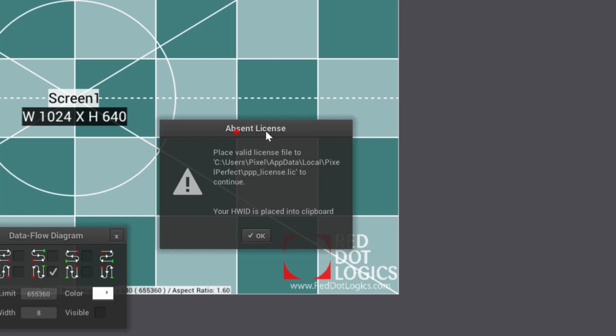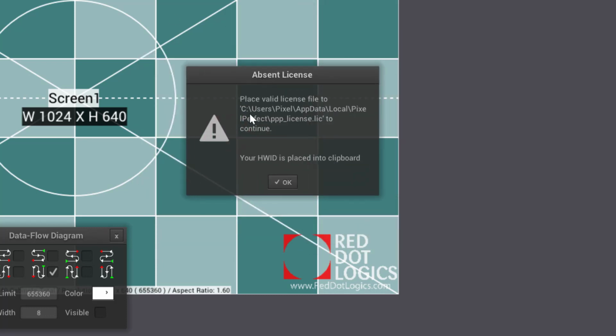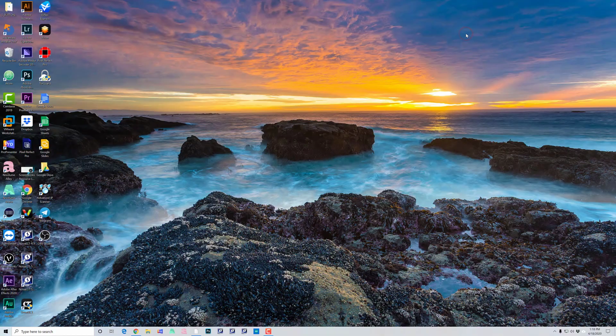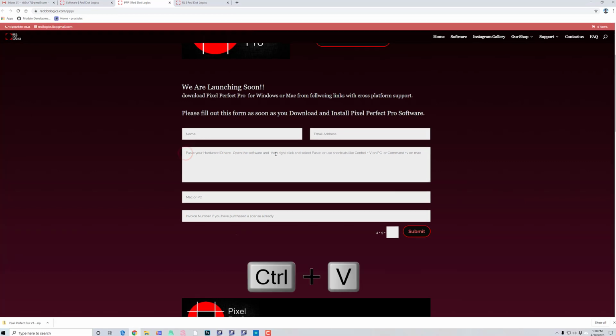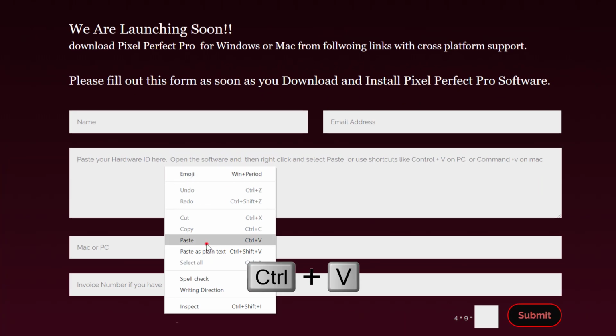As soon as you launch it, you're going to get this pop-up saying place a valid license file into this directory right here that you see, and your hardware ID is already placed on your clipboard. So we do require hardware ID in order to get you a license key that is valid up to a certain amount of days. So once you open that software, it's already copied here. So if you just come here where it says place your hardware ID here, right click and do paste,